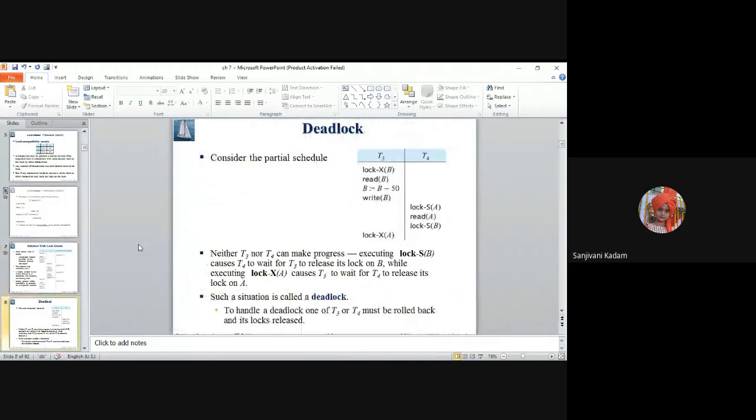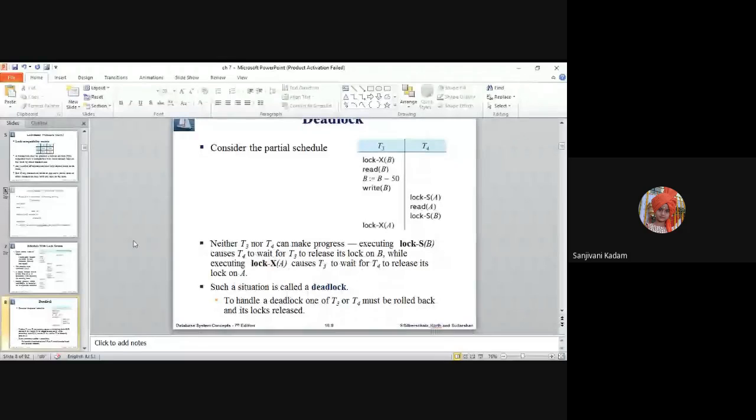Next, we have seen the concept of deadlock. Deadlock means that there is a circular wait for data items, or a request for access to a data item. In such a situation we call it a deadlock. Whenever there is a circular wait between transactions for locks, deadlock occurs. To handle the situation of deadlock, we select a transaction and roll it back. Because of this, there can be two problems.